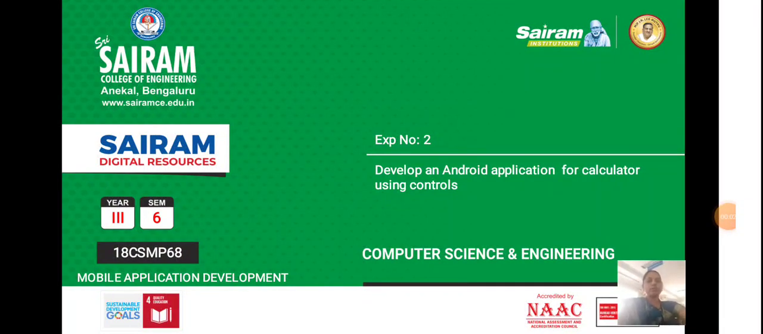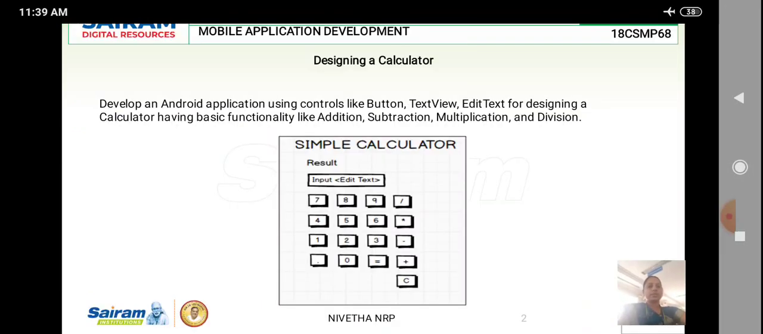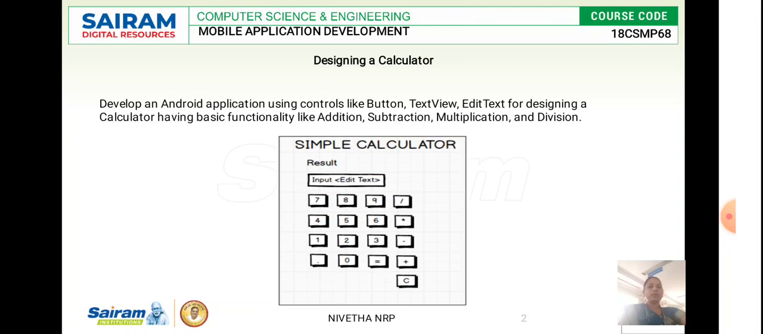Welcome all. We are continuing with our second program in mobile app development. Here we are going to design a calculator using some controls. And this is the layout of the calculator we are supposed to create. So we are using the control buttons